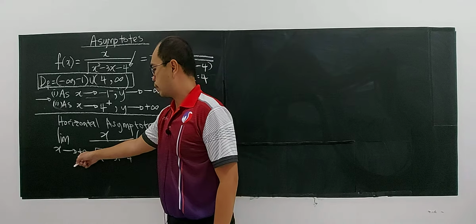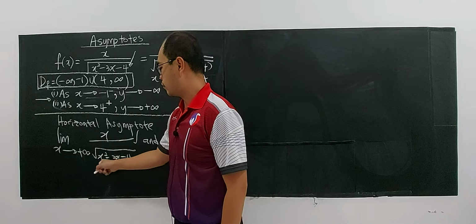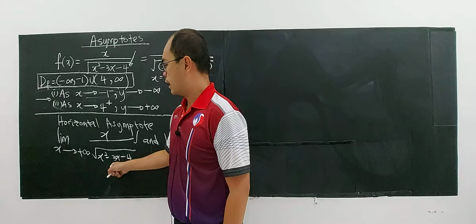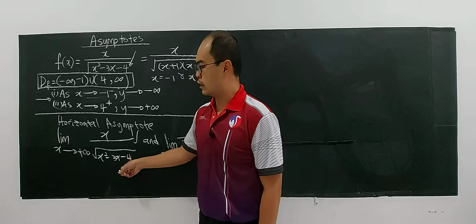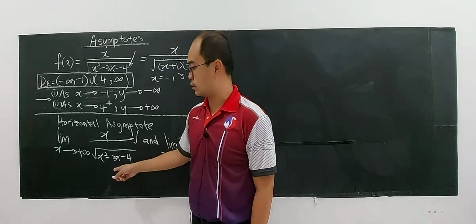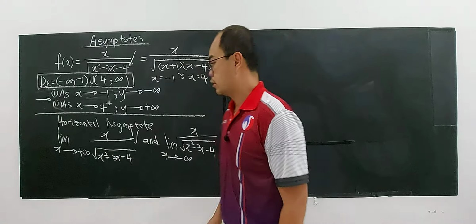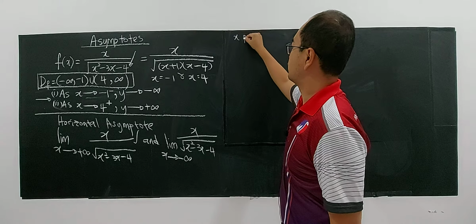Here, substituting infinity, you get infinity over infinity, and this is a special case. You can refer to my video about evaluating limits at infinity for special cases. If there is a square root here, then I have to use this concept: when x is positive,